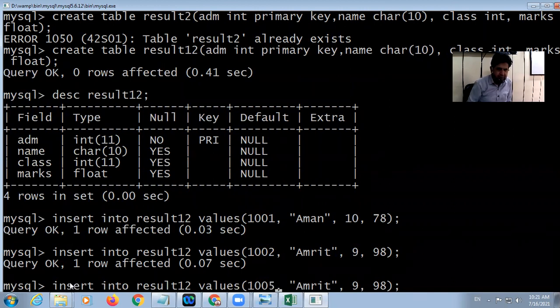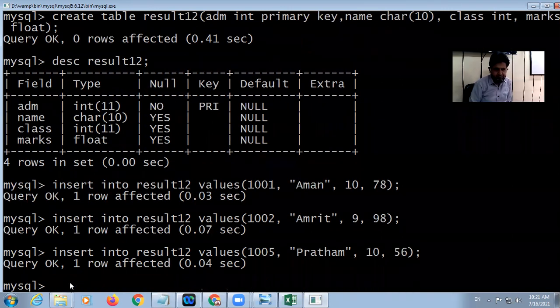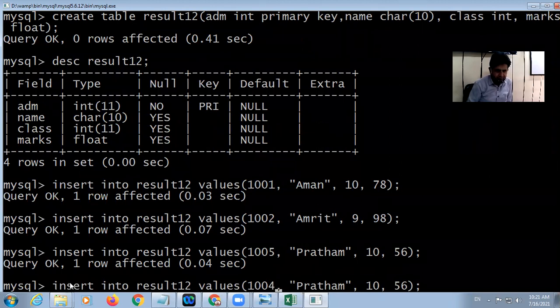Next, 1005, Pratham, class 10, marks 56. Now 1004, class 9, marks is 86.